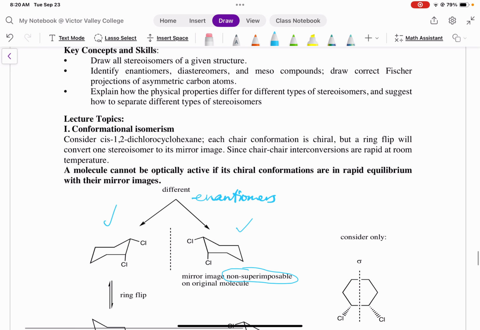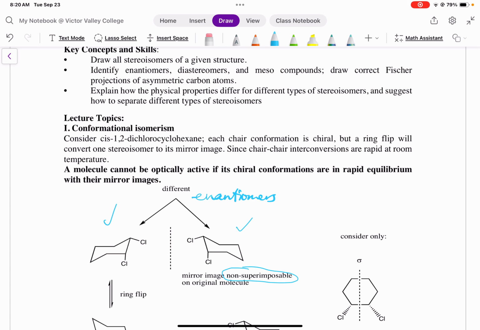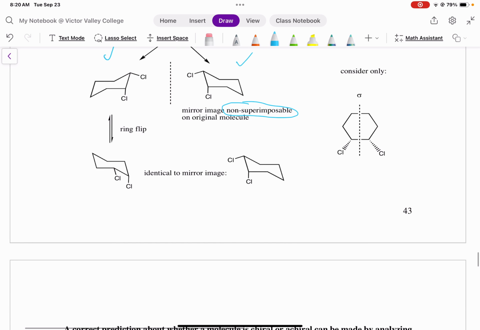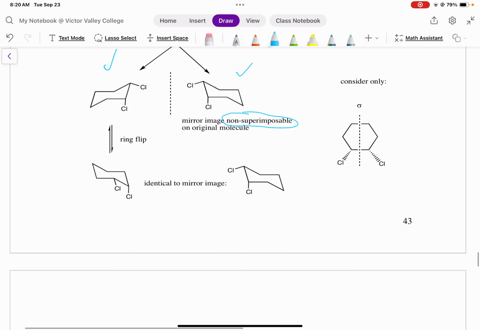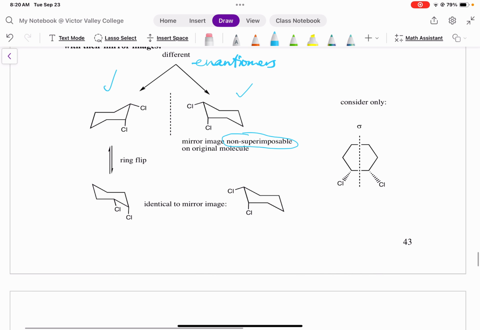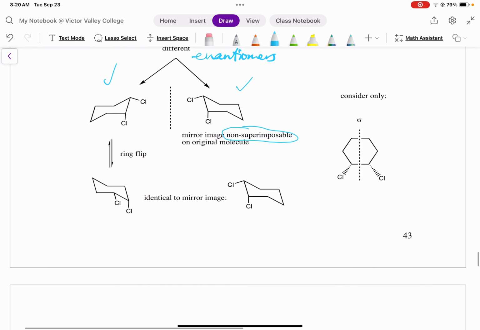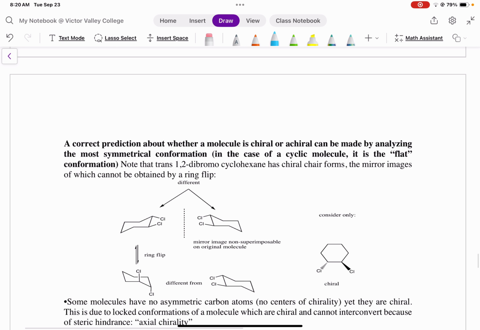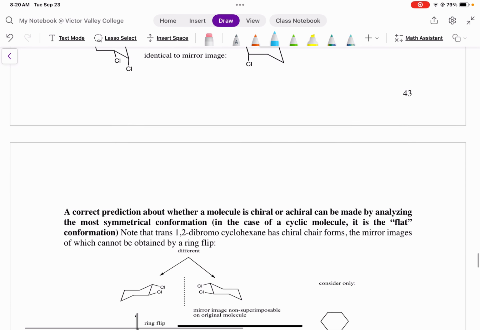Okay, now in this part, we're going to be looking at different types of stereoisomers. We're talking about diastereomers. We're talking about meso compounds. All right, now okay, let's take a look at this one. These two,